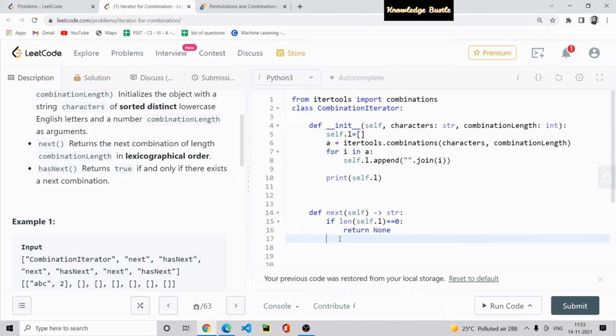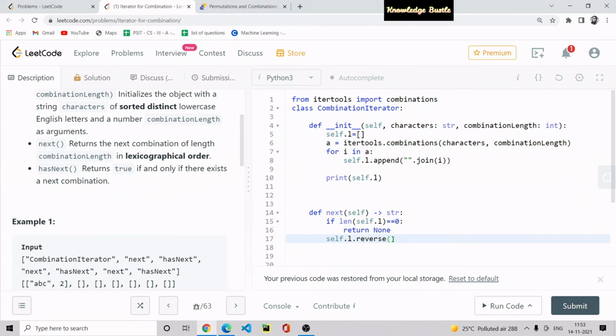If you want, you do not need to reverse the list, but for our easiness we reverse it. Okay, self.l.reverse. If you don't want to reverse the list, you directly write self.l.pop(0).